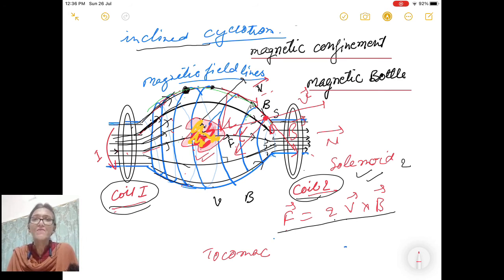So wherever you take one point and you find the velocity vector and B vector, you will find the force vector is pointing inside only. And in this way you find that the heated material, any substance, is confined in the magnetic field only. So this is a kind of magnetic bottle. In place of two solenoids, we use a toroid also. A toroid is used in a tokamak. So I conclude